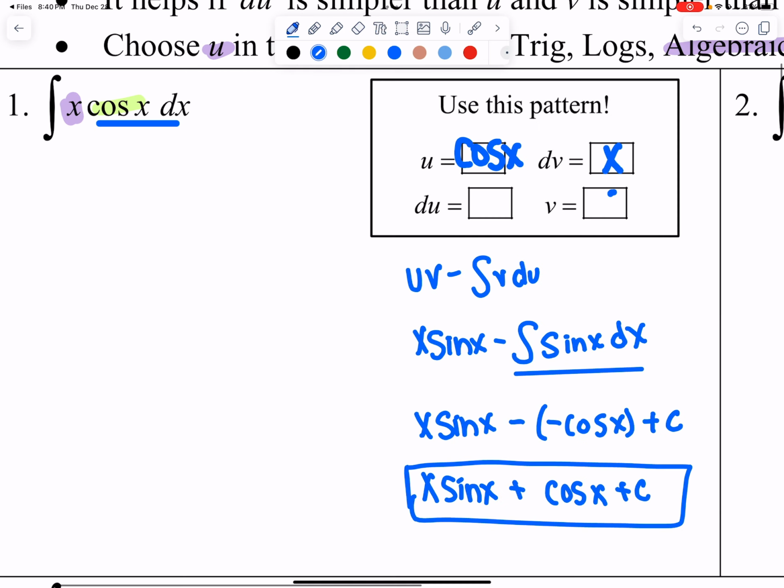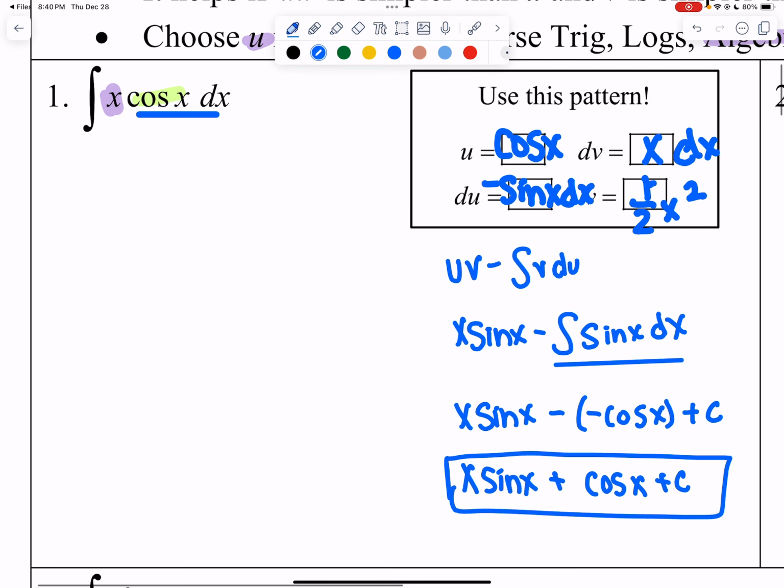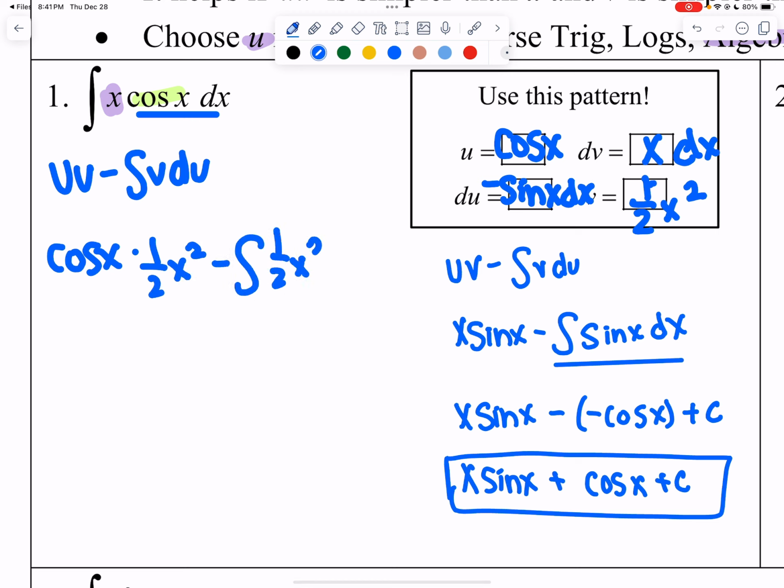This means that du is going to be negative sine of x dx, and then v is 1/2 x squared. I could already see it now because my integral of x is 1/2 x squared. That's not pretty, okay? That's nasty. I have uv minus the integral of v du. See, this is a v. I promise you that's a v, and this is a v, okay? See how my v's and u's look the same. I'm sorry. So we have cosine of x times 1/2 x squared minus the integral of 1/2 x squared,